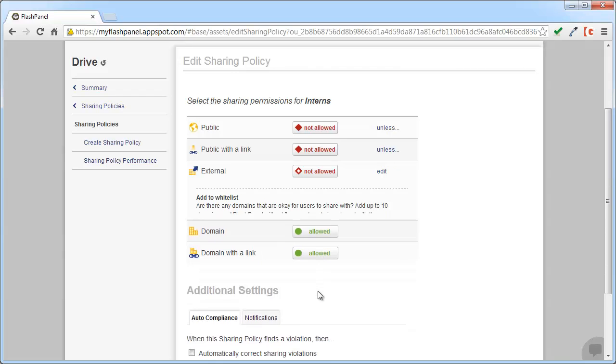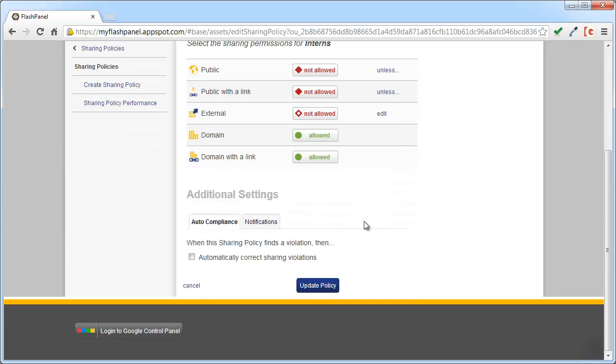And when something gets flagged, a couple of things happen. One, you can turn on auto compliance, and that means the next time that a document is shared in a way that it shouldn't be, and a sync runs on FlashPanel, the administrator, you, will be alerted of those changes. So let's say someone who's in the intern organizational unit tries to share publicly. They will be able to share the document publicly. There's no way to prevent them, but upon the next sync of your domain, you will be alerted,